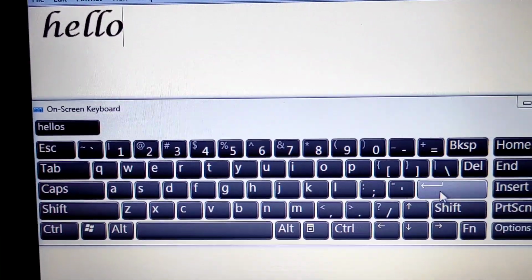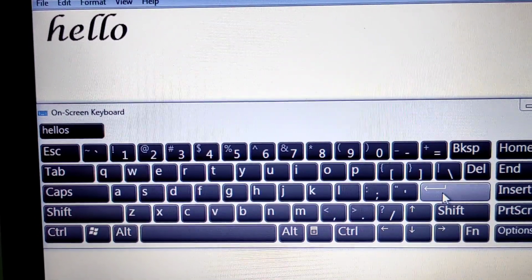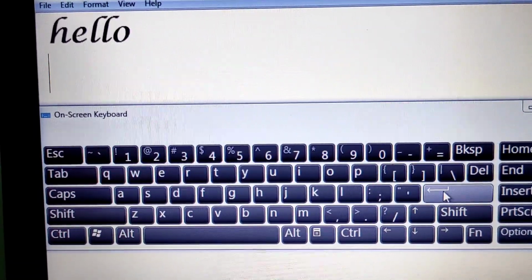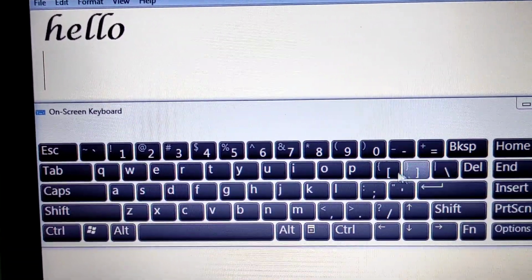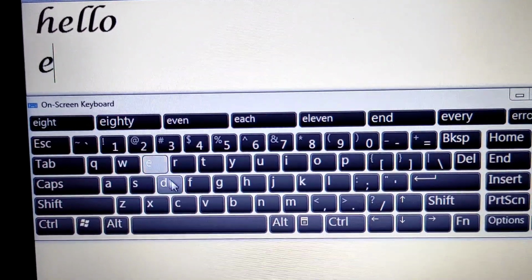And on the next line, we will press enter to write everyone in the next line, that is in line number 2. After pressing enter, you can see the cursor is on second line. Here we will write everyone.